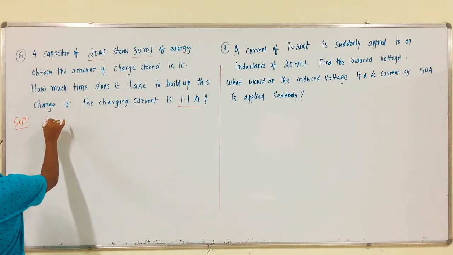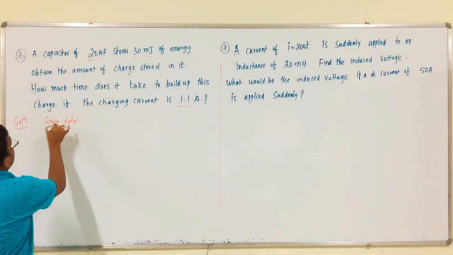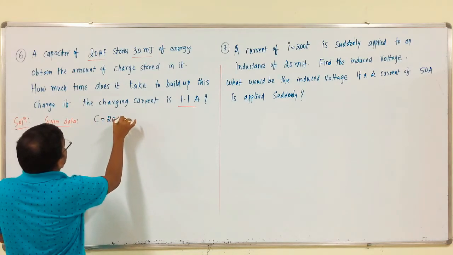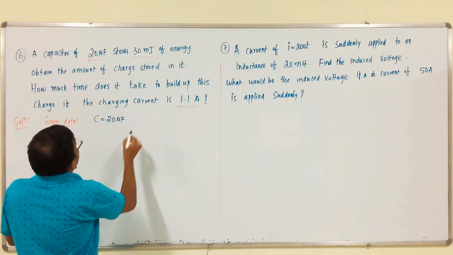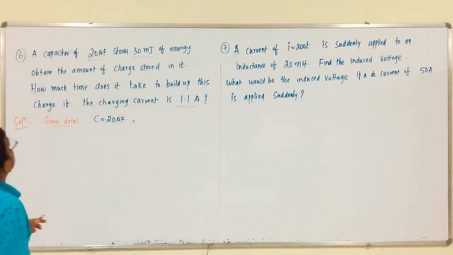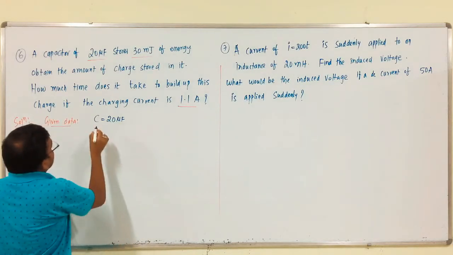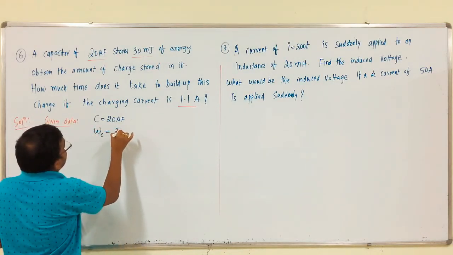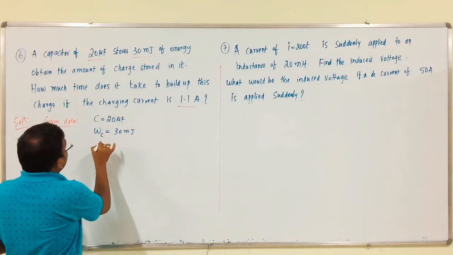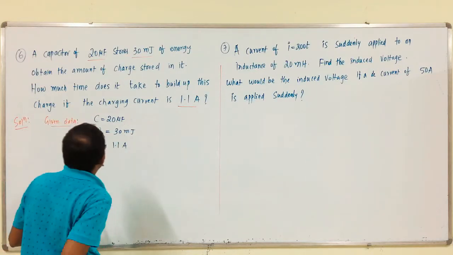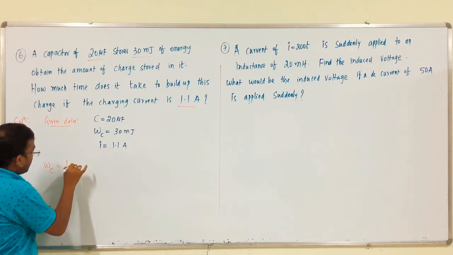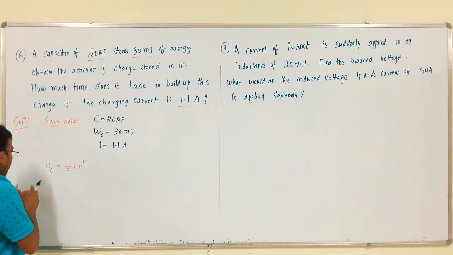So, from this given data, C is equals to 20 microfarad, and what is that energy? Inductive energy, no? Yes, sir, capacitive energy. WC is equals to 30 millijoules, and the given current is 1.1 amps. We all know that the capacitive energy is half CV square, and